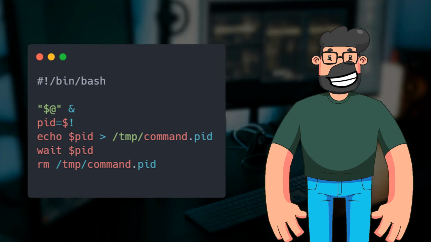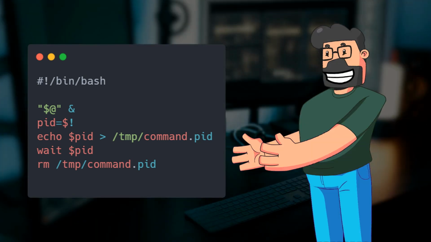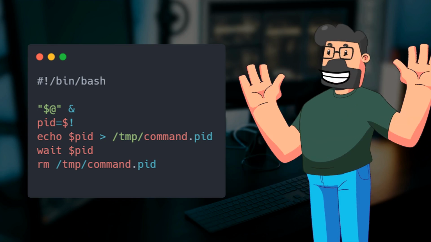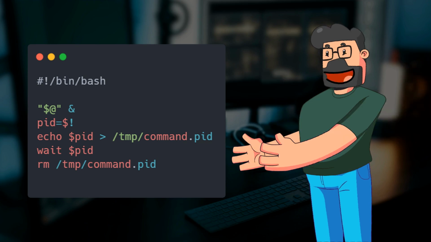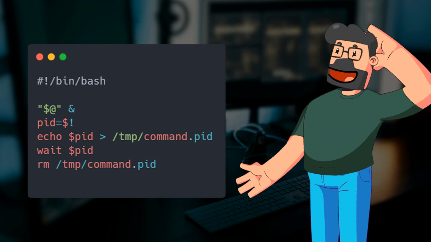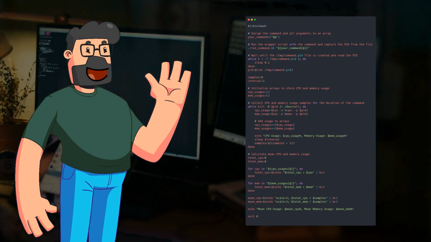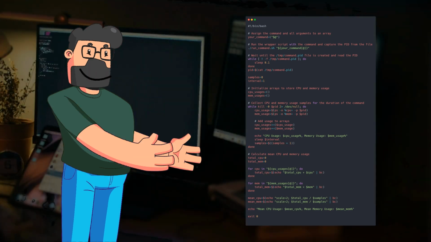Speaking of solutions, the next step involves creating a bash script named run_command.sh. This script will run your command in the background, capture the process ID, PID, and store it in a temporary file for monitoring. Continuing with the solution, we need to create another bash script named